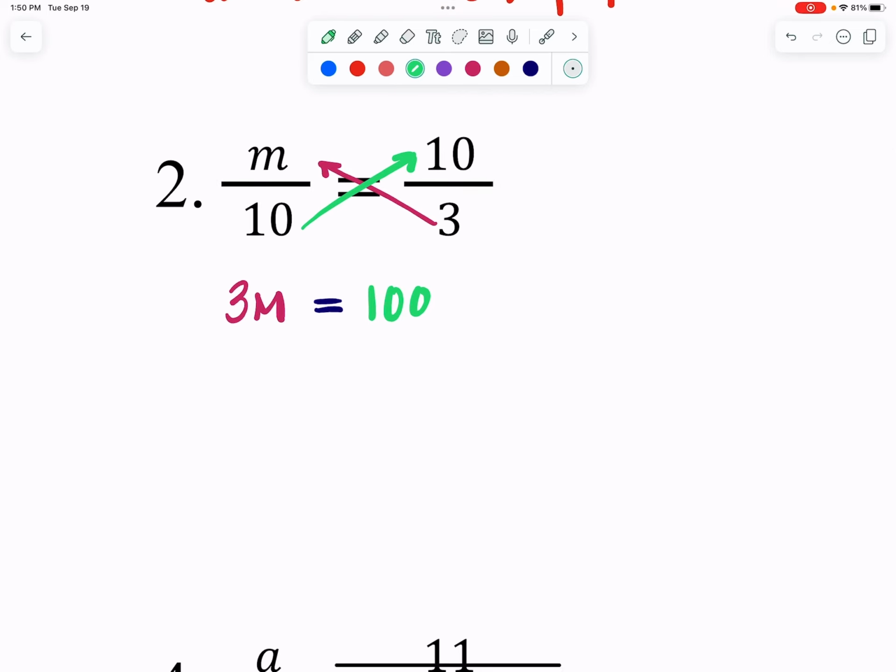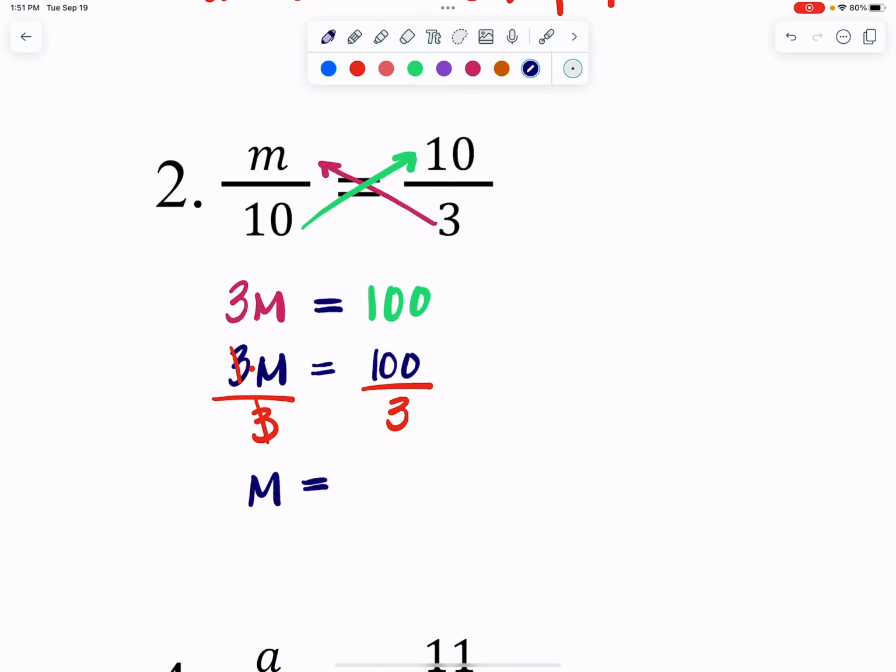We want to isolate that m. I'm going to make it all one color so that I can highlight the things that I change. The opposite of multiply is divide. I know that's going to make my 3's divide out. And that ends me up with